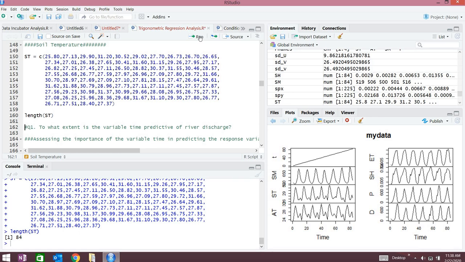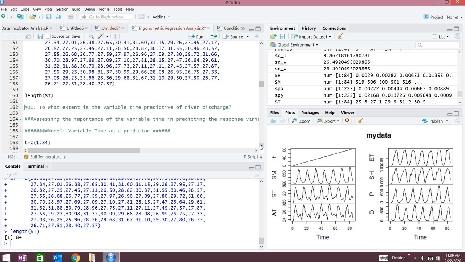I didn't take air temperature. It has almost the same values as soil temperature, and they might be highly correlated because of the model assumptions, so we would have to deal with multicollinearity. But just to keep this a very short video, we may have more variables than this. Okay, now